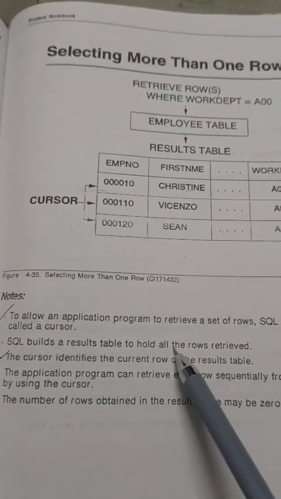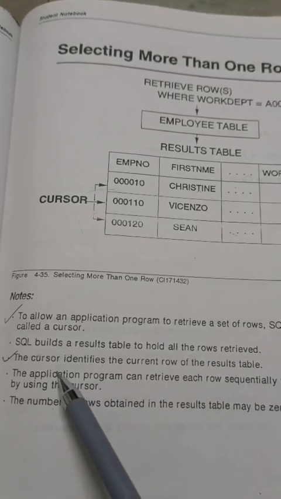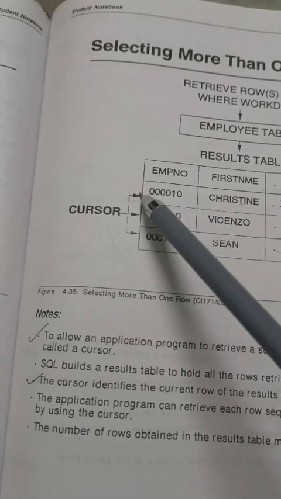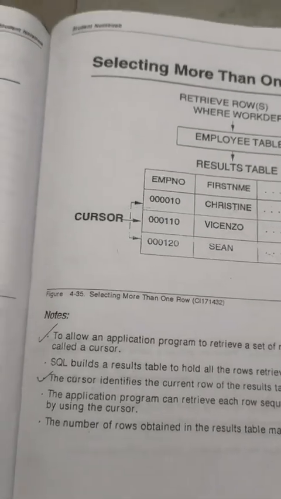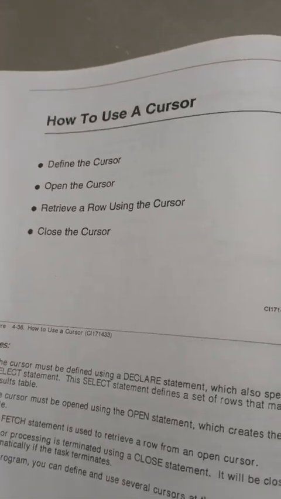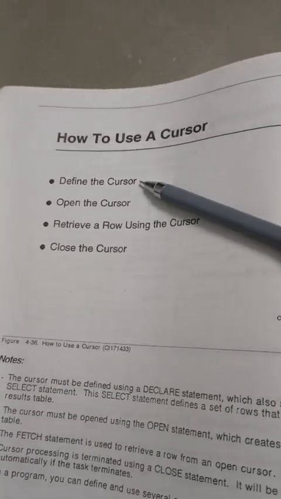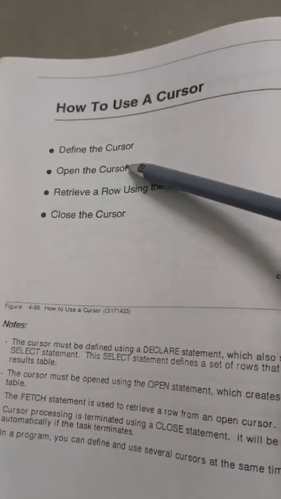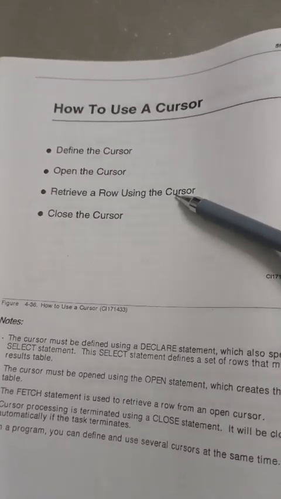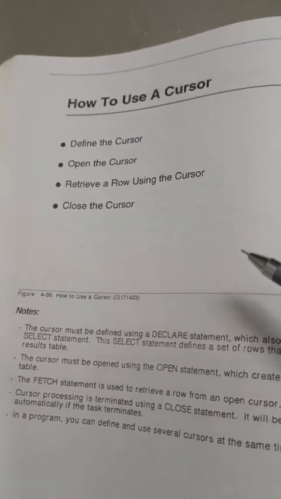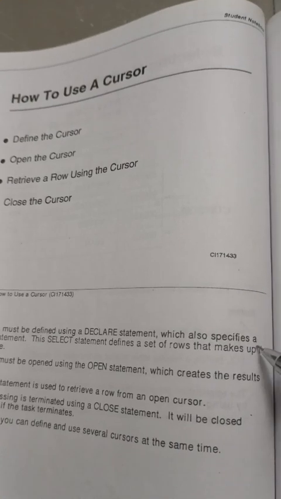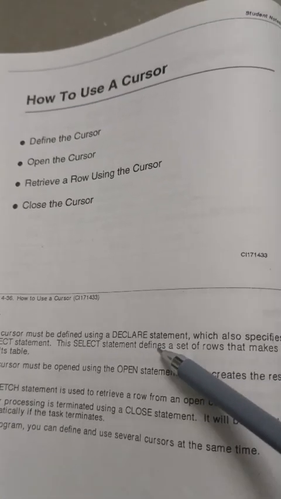SQL builds a result table to hold all the rows retrieved. The cursor identifies the current row of the result table, similar to how it establishes the cursor position. To use a cursor, what are the steps? Define the cursor, open the cursor, retrieve a row using the cursor, then close the cursor. The cursor must be defined using the declare statement, which also specifies the select statement,